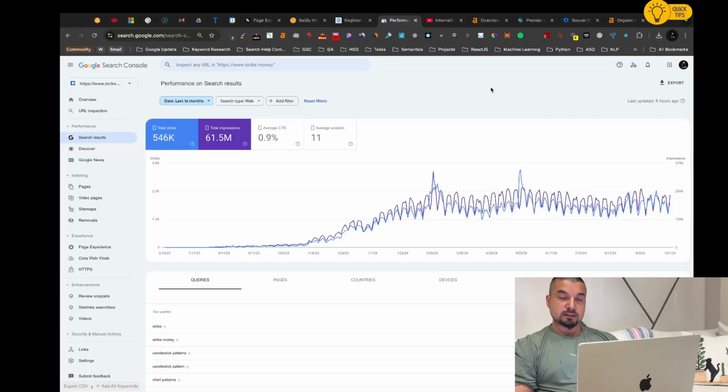The source context is one of the fundamental concepts in topical map creation in my way, in Koray's framework. The source context is basically about how you make money and how this website is related to the queries on the SERP. Search engines tend to understand what the purpose of the website is and why it is trying to rank. If you are just chasing traffic for the sake of traffic, you won't be able to stay there